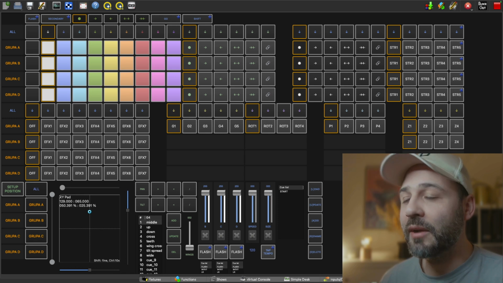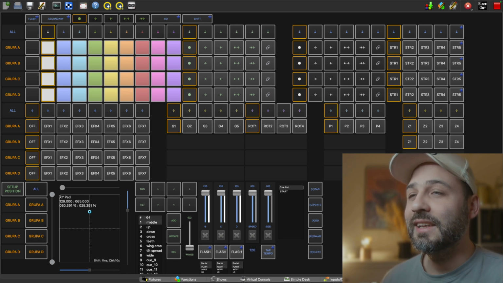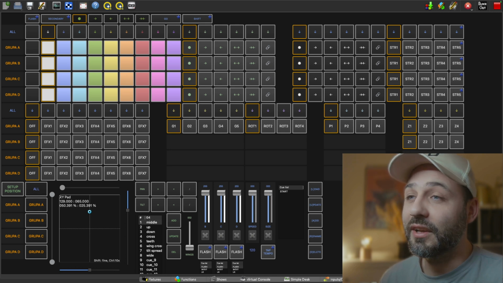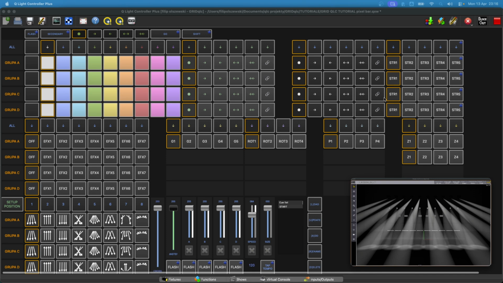In this tutorial, I'm gonna show you how to add RGB fixtures without a dimmer. So actually, we're gonna create a virtual dimmer channel. This is the last tutorial, where this one is gonna be a little longer because we're gonna look at how we can add to the GRIDqlc